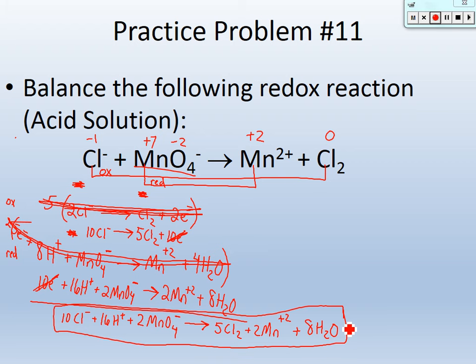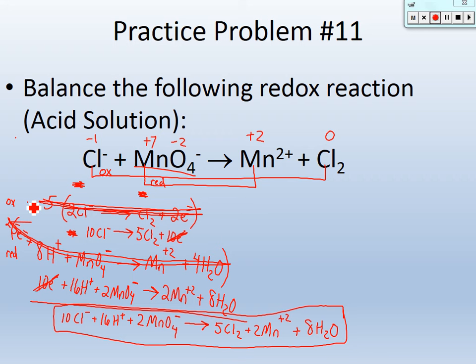Let's check it. How many chlorines here, guys? Help me out. 10. How many on this side? 10. Okay, so that's good. How many hydrogens? 16. How many here? 16. How many manganese? 2. How many manganese? 2. How many oxygens? 8. How many oxygens? 8. Okay, so the atoms are balanced, but also with these redox reactions, you've got to make sure your charge is